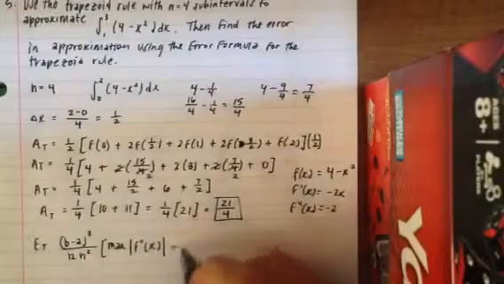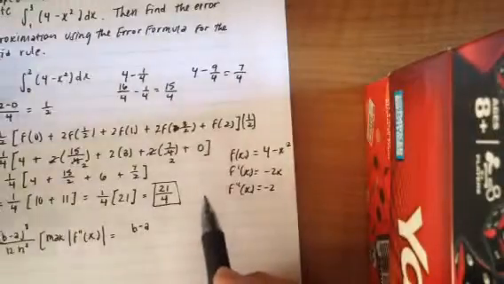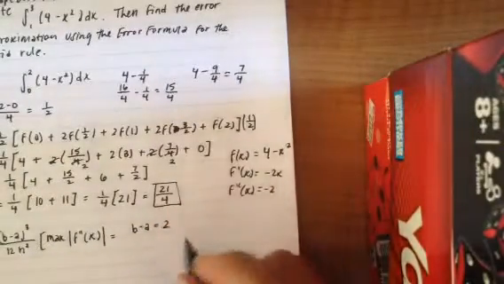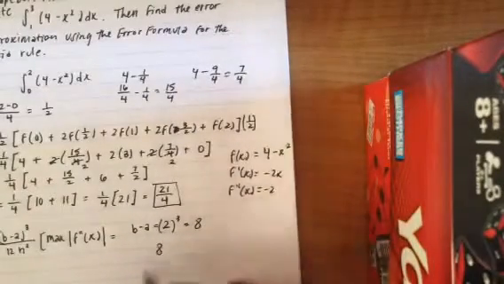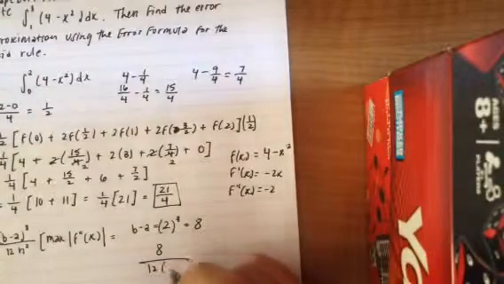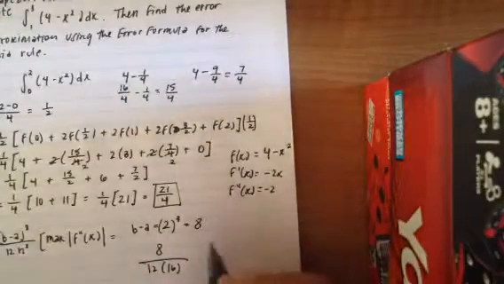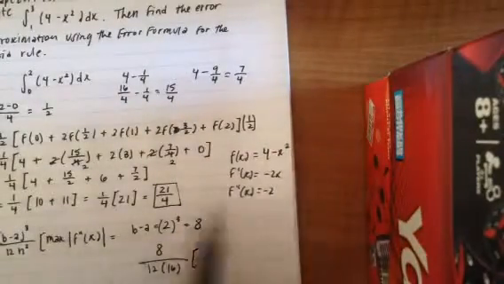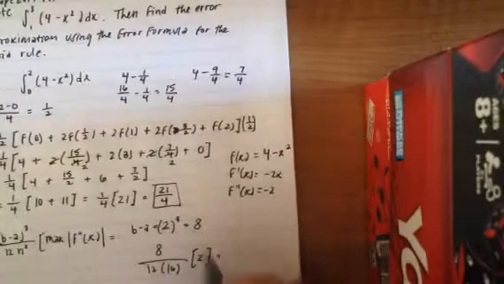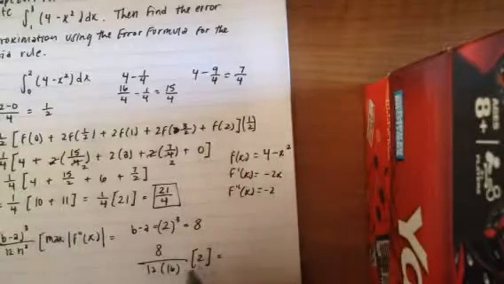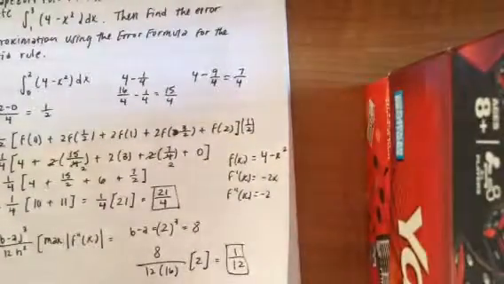So first we have b minus a, which is 2 minus 0, so that equals 2. So that cubed, according to the equation, equals 8. So 8's on the numerator. Now 12 times n squared, n is 4, so 12 times 16, because 4 was squared, multiplied times the absolute value of the f double prime, which would just be 2. And so you multiply 8 times 2 to get 16, and that would cancel on the bottom, and so we're left with 1/12. And that's all of number